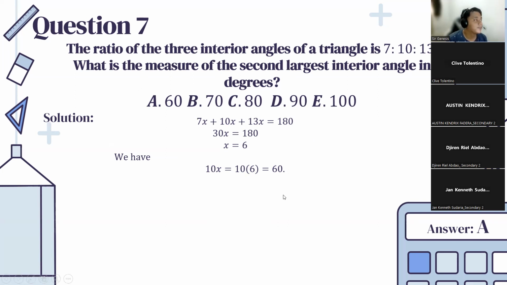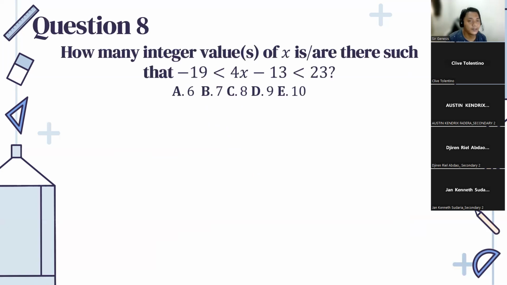Okay. So next one for question 8. How many integer values of x are there such that 4x minus 13 is greater than negative 19 but less than 23? So this one is a linear inequality. What we just do here is solve for x